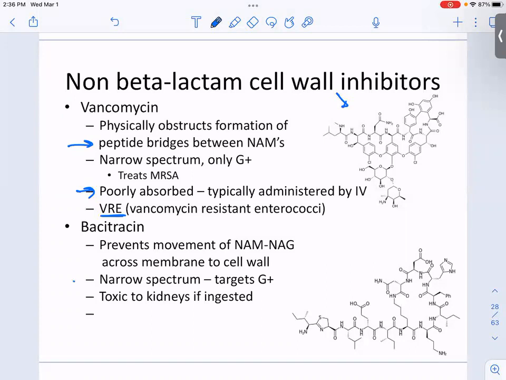Also, it's narrow spectrum, only targeting gram positives. Again, it's kind of this big complicated structure. This is a drug that we don't take orally even. We don't inject it either because it has high toxicity to the kidneys. So again, we use this topically,